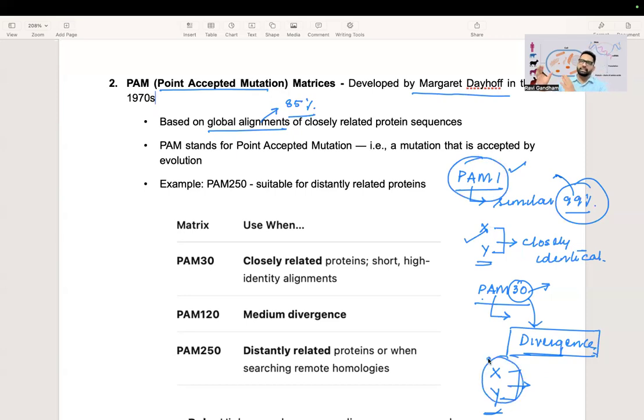So as the number increases, for more divergent sequences that you want to compare or align, you'd be using a higher PAM. And for less divergent sequences, you'll be using a lower PAM. Thank you. We'll be talking about BLOSUM